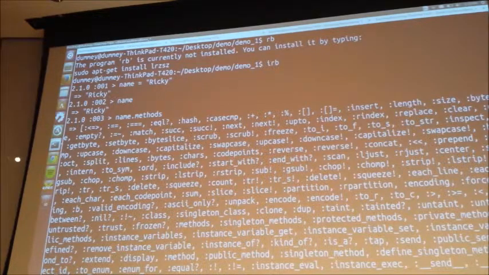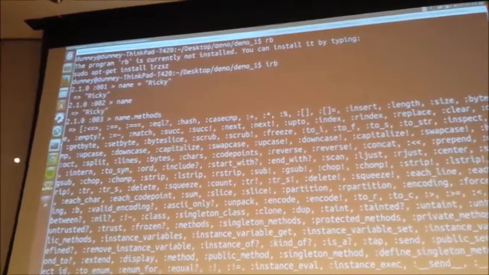But this brings up another cool thing about Ruby, which inherits from Smalltalk, and that is that everything in Ruby is an object. There are no primitives. You will not have awkward situations where,